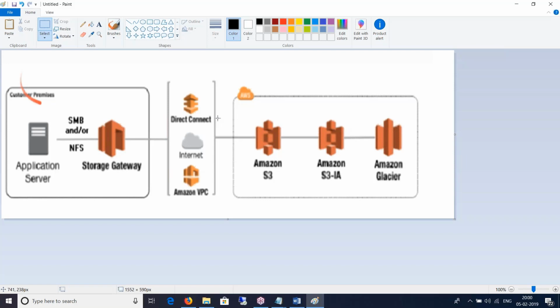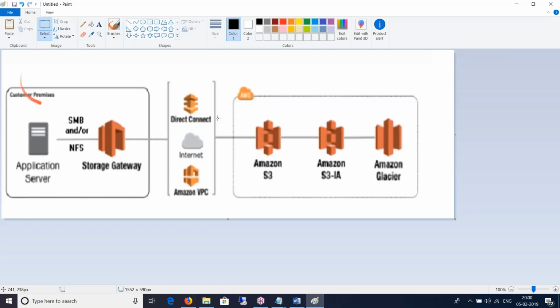So you can use a Direct Connect to connect from your on-premise to the cloud, and then use the storage gateway to have the data transaction happen and push the content to the S3 bucket over the Direct Connect channel. So now the data transfer can happen over the internet, or you can have a direct connection. What you do is push the entire data from the file share to the S3 bucket, and that data is saved in the form of objects.